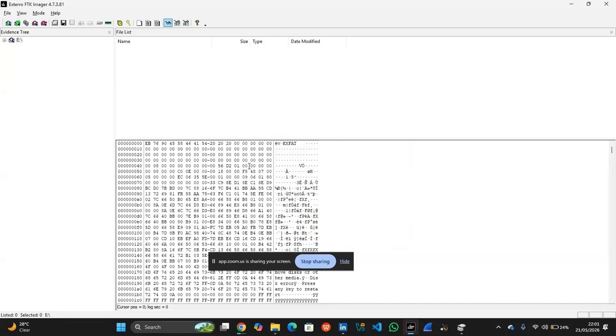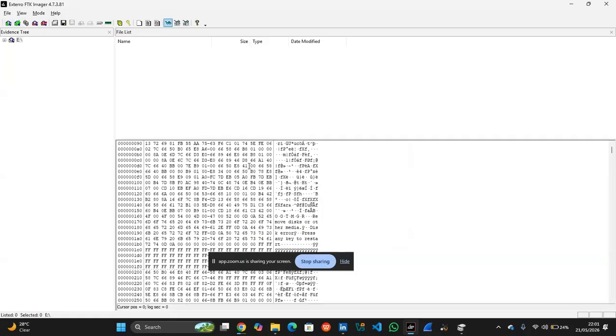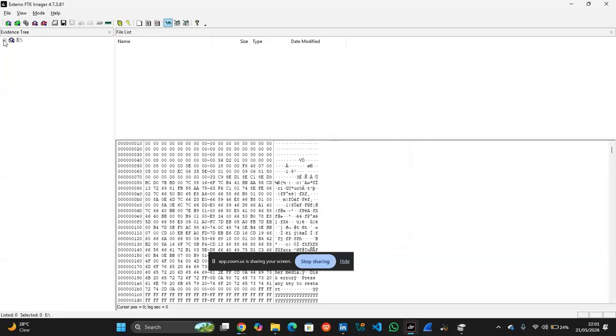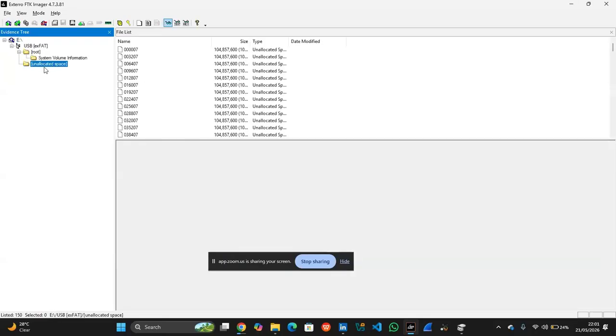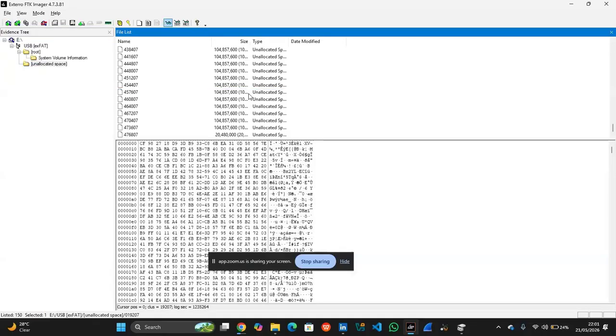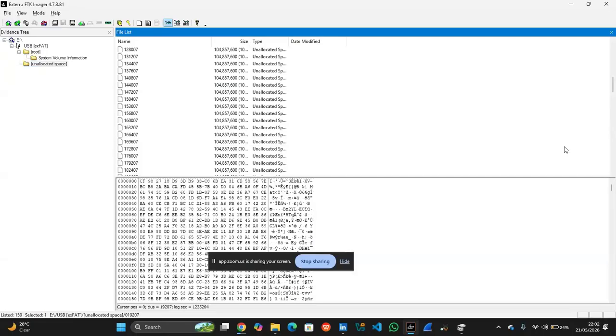This is some hash you can't really understand. You can simply click on this. I'm sure we are not going to get anything. This unallocated space is deleted folders or deleted files. As I told you guys, you can see it, but the data we are seeing is not even making sense right here. But we can make it make sense using Autopsy, right? So these are all deleted files, as you can see, unallocated space.